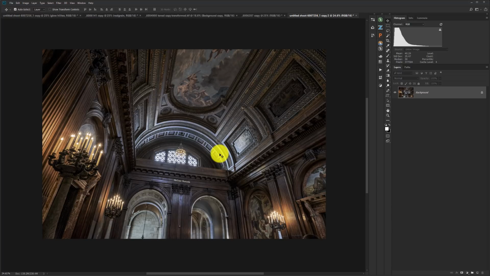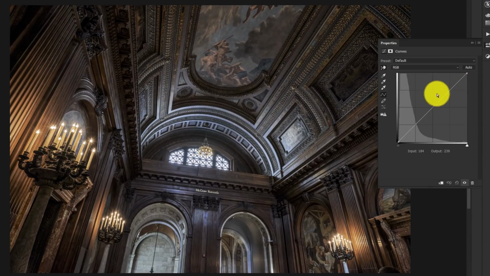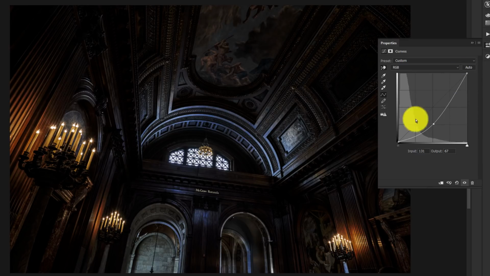So as you probably guessed, we're eventually going to go to black and white with this, but first I want to play with the light and darken this up a bit. So I'm going to add a curves adjustment layer to this, and what I want to do is darken this. Now if I darken it like this, I'm leaving my highlights alone, and I'm just pulling my midtones down, and everything's getting kind of dark on the lower end in the shadows,